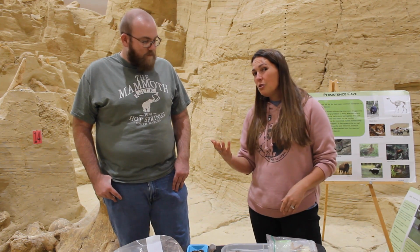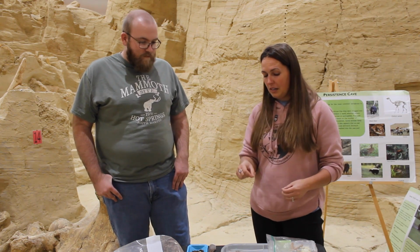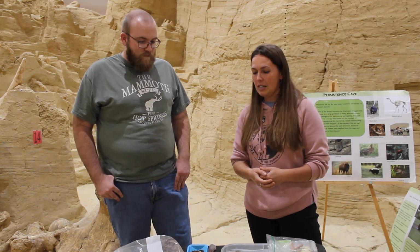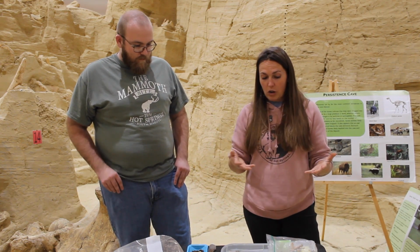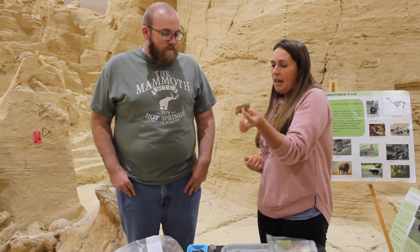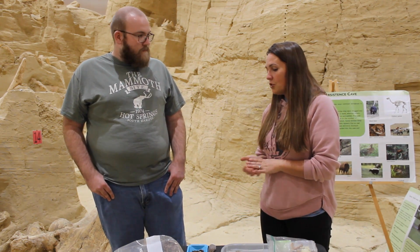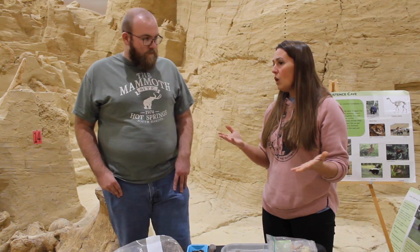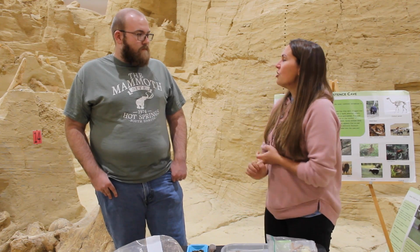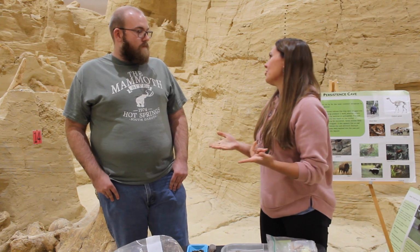Other tricky aspects are that it was kind of a wetter cave for our area, so preserving them and bringing in consolidants and making sure that those don't crumble when you touch them is also tricky. But some caves are a little bit drier and the bones are better preserved, and they just come out in one whole piece, and we don't have to worry about them crumbling. So it really depends on where you are. The tricky things are getting them out safely, making sure they're staying in place, and making sure you have the information available, and making sure the professionals, the scientists,